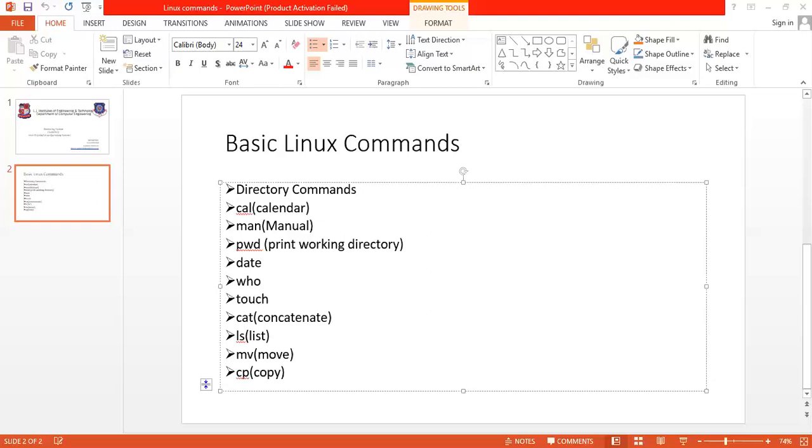One more command we have which shows the status of file.